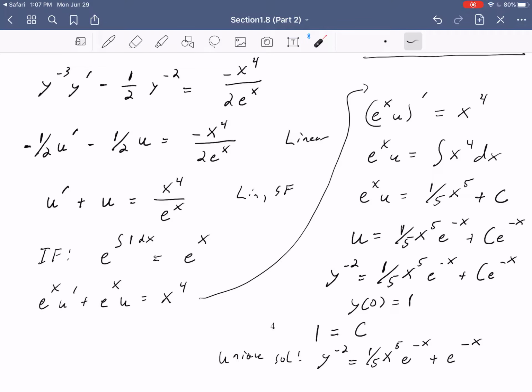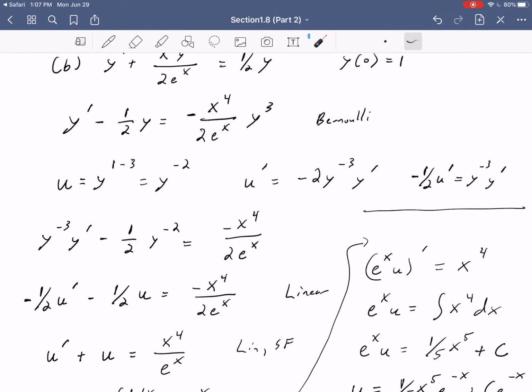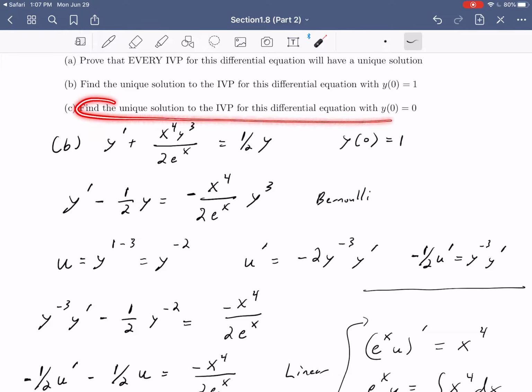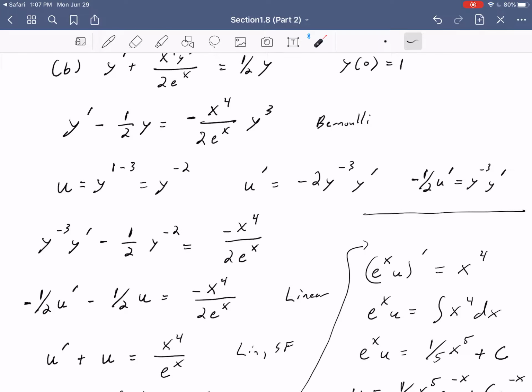But we know every IVP has a unique solution. So is something wrong for part C? I mean, if we can't solve y of 0 equals 0, if we can't find the constant, are we stuck? Did we make a mistake? Well, it's actually because if we change that initial condition and we do y of 0 equals 0 for part C, then in this moment when we divided by that y cubed, well, y equals 0 would be our unique